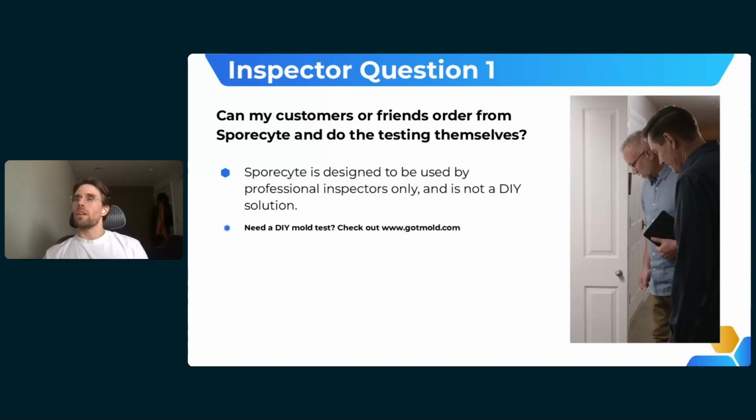I think I see a chat here. In the future, will bacteria air testing be available? So that's an interesting question. To answer that really briefly,